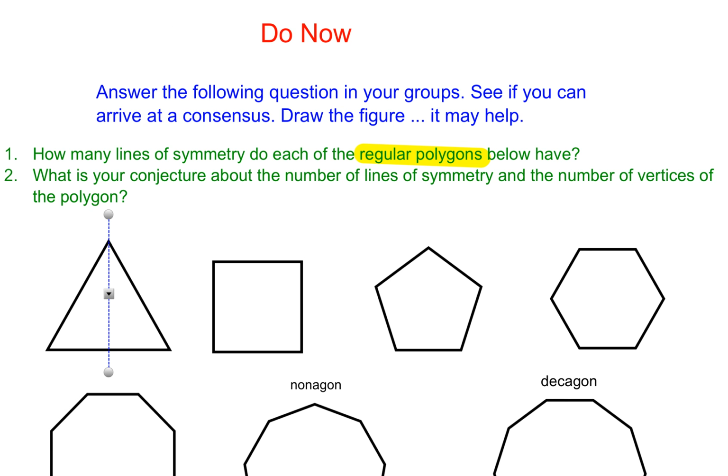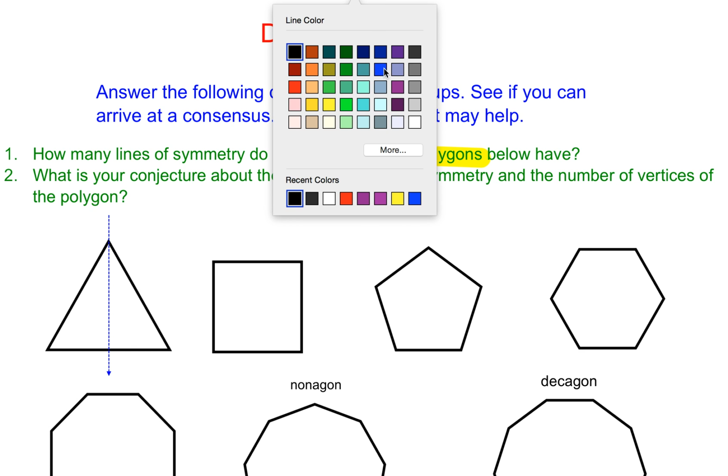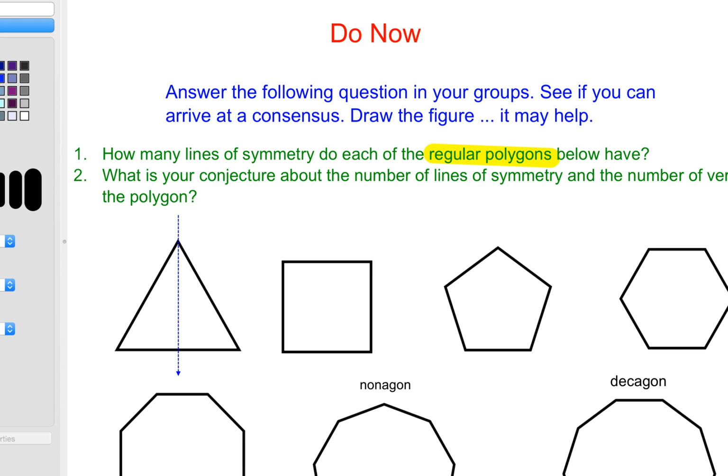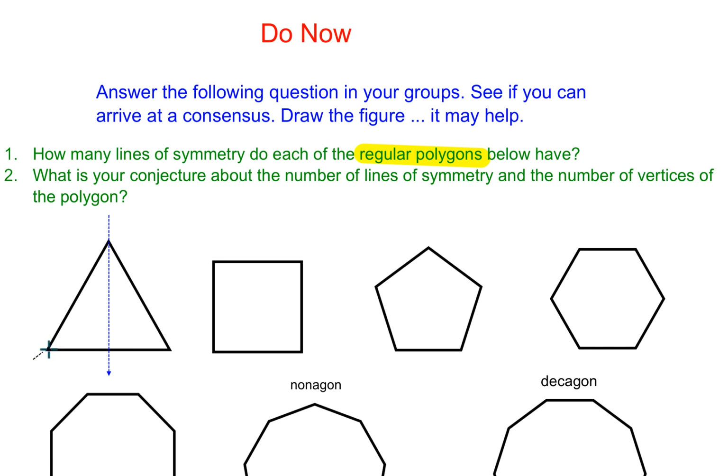And let's see if we can find another line of symmetry. So we're going to draw another line of symmetry, and that will be like this. There's another line of symmetry. And finally, a third line of symmetry would be like this. So it looks like an equilateral triangle has 3 lines of symmetry. How about